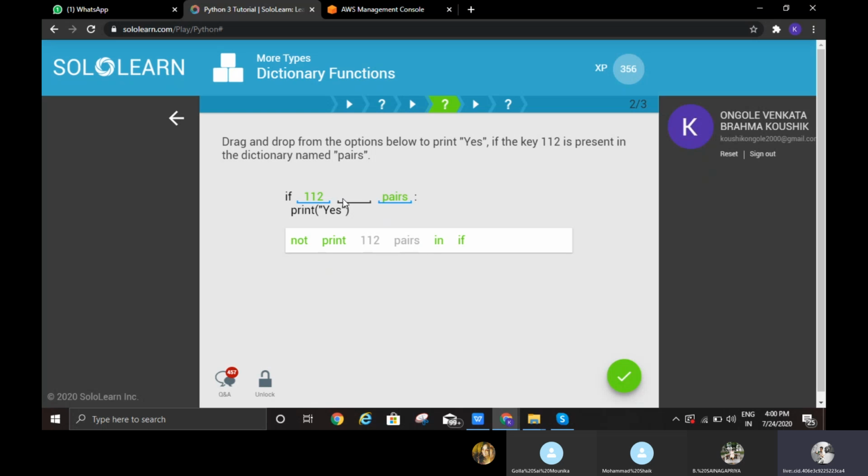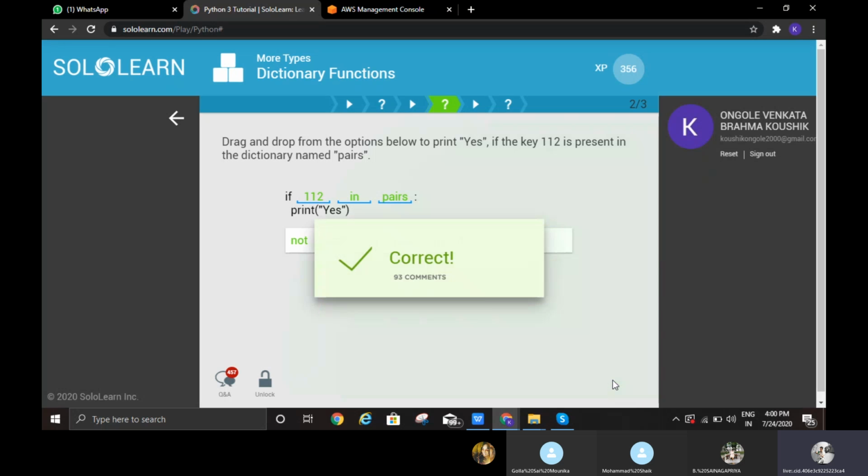In means it will check. In, right? If the key 112 is present in the dictionary named pairs, then it will print yes. If 112 in pairs, then it will print yes, right?